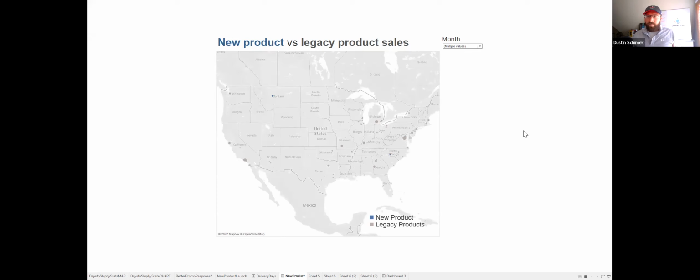This is just a simple view. There's lots of stuff you can use Tableau for, but if you just color code legacy product sales versus new product sales, and watch where the new product sales are. Again, the key to this one is the process. It's not the visualization. Visualization's easy, right? But if you're sitting down with the right stakeholders, the marketing team, the sales team, the product managers, et cetera,